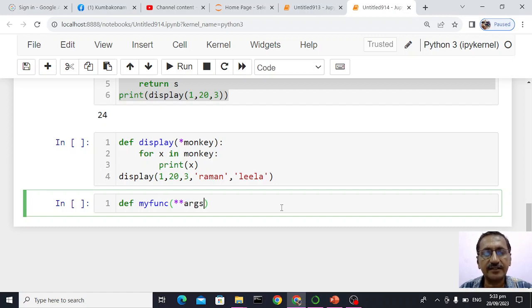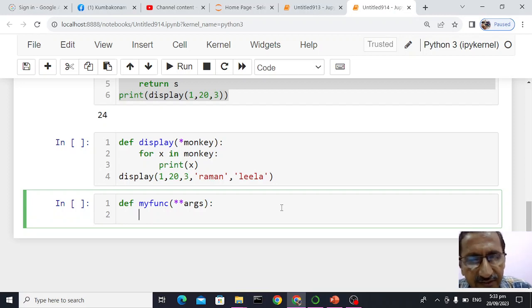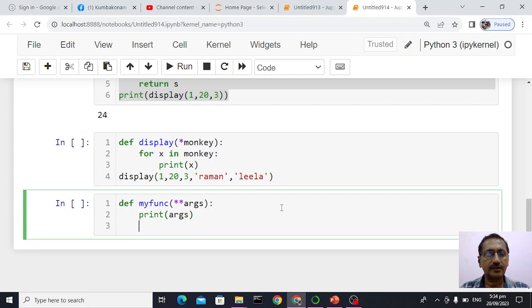star args. It may not be args, it can be donkey, it doesn't matter. Star star args. What is star star args? Basically, this will be a kind of dictionary entity. I'll just print args, and I'll call my function with name, name is equal to